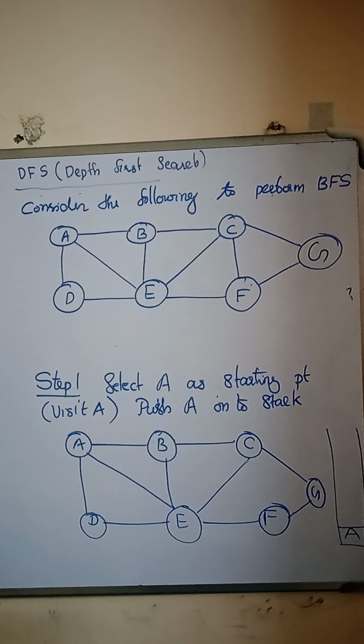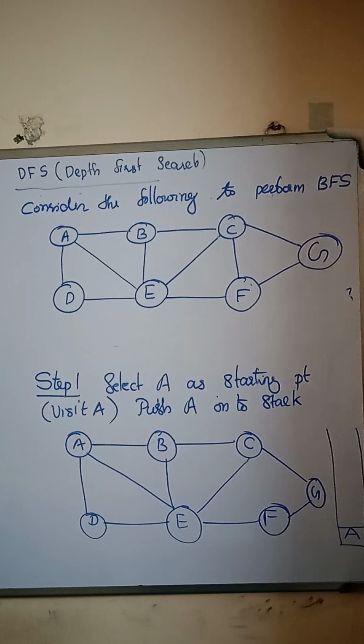Now here we discuss DFS, depth first search. In depth first search we use the stack technique. DFS traversal of a graph produces a spanning tree as a final result. A spanning tree is a graph without loop. We use a stack data structure with the maximum size of the total number of vertices in the graph.